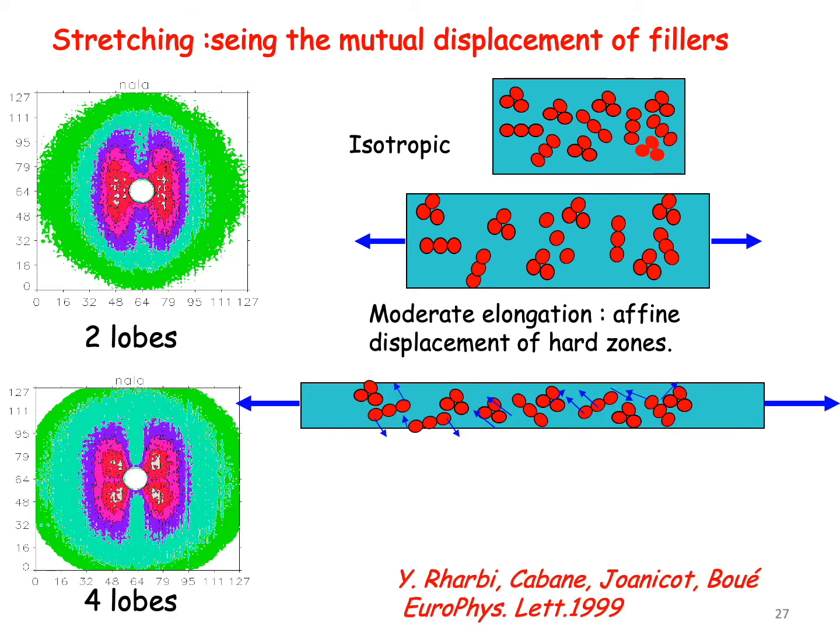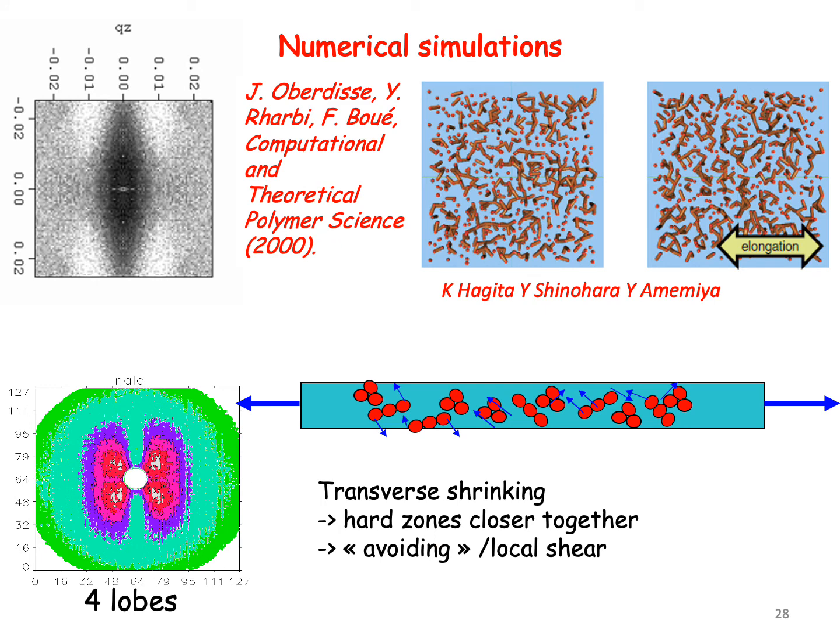nanocomposite. Now, if you stretch harder, more, then you get 4 lobes here, a 4 lobes butterfly pattern on the left-hand side on the bottom, and this is probably due to an additional effect which I will explain on the next slide. Indeed, as you show on the bottom of this slide,